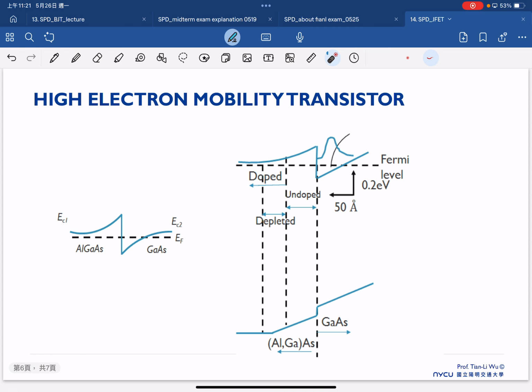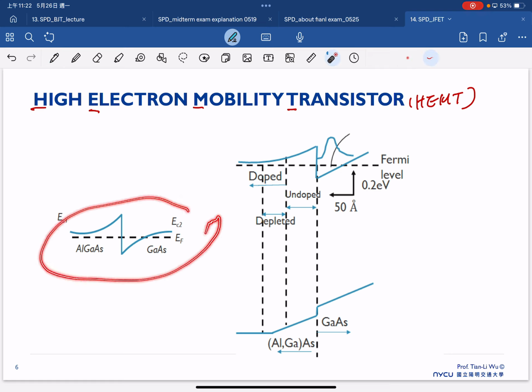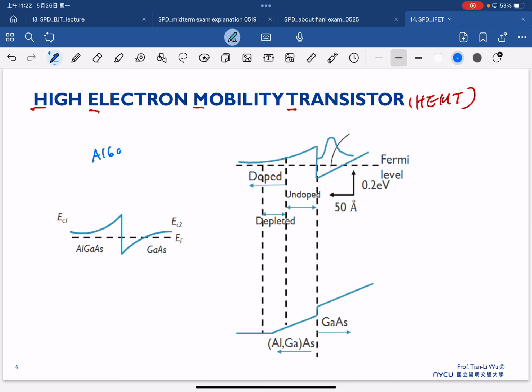Following the same concept as the MESFET, that also leads to another very similar one that we call the high electron mobility transistor, which is a HEMT structure. In lots of the III-V based transistors, we always have this kind of HEMT structure for the transistor operation, and this is because sometimes it is difficult to form the dielectric, but with the HEMT structure we can actually have very good electron transport. So that's actually the case as shown here. This is a case happening between the aluminum gallium arsenide and gallium arsenide HEMT